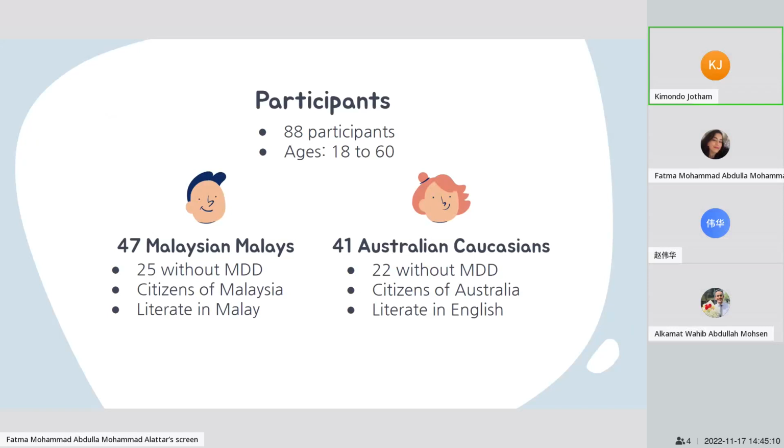I just want to increase my knowledge. I have seen here in Malaysia there are 47 participants, and in Australia there are 41 participants. Do you think this can affect the data analysis because it was not evenly distributed?